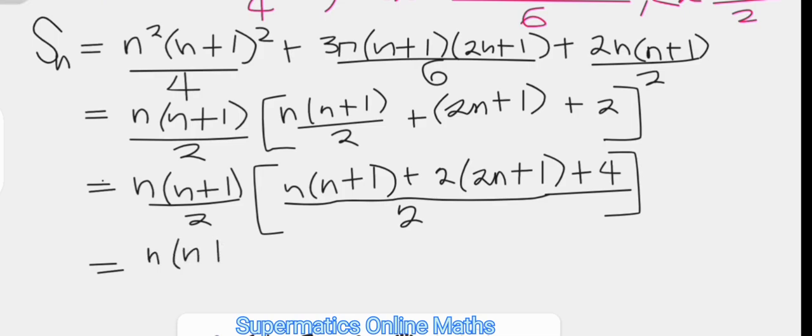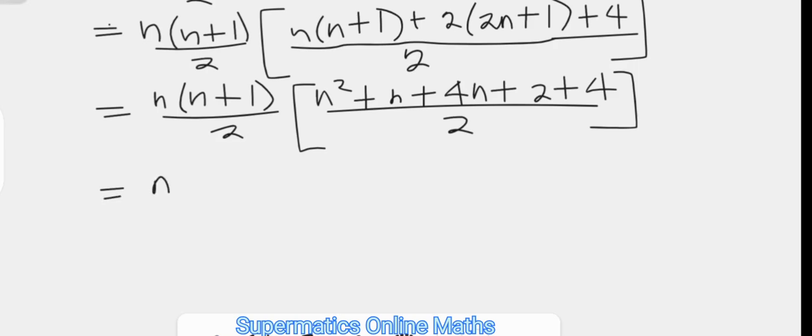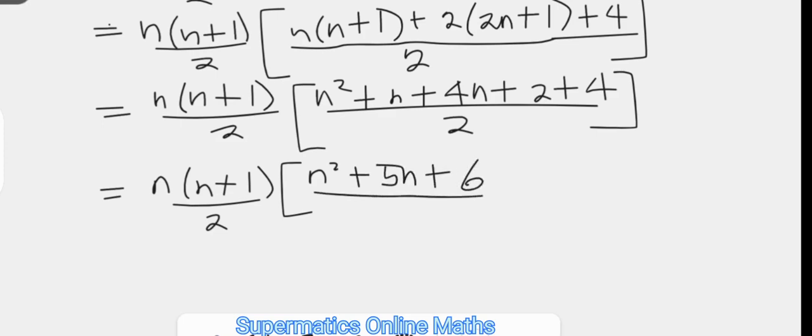So n times (n plus 1) over 2 is going to be multiplying (n squared plus n plus 4n plus 2 plus 4) over 2, becoming n times (n plus 1) over 2 multiplying (n squared plus 5n plus 6) over 2. Now, n squared plus 5n plus 6 factors as (n plus 3) times (n plus 2), so that this becomes